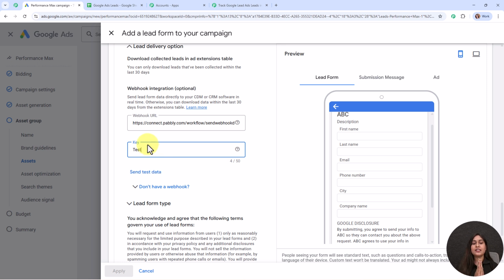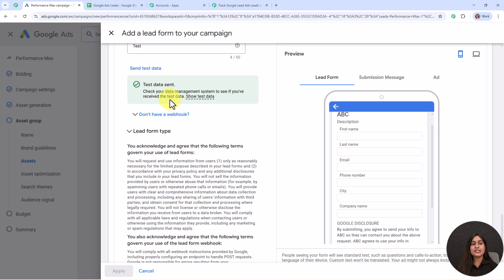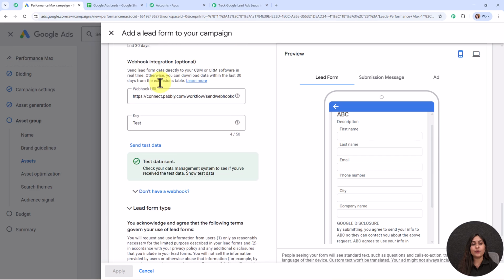And now here, after setting up the webhook, what I want is to receive a test response in my Pabbly workflow, that means on this webhook URL, to set up this entire automation. So now, to get the test detail, what we are going to do is click on the send test data button given over here, and it says test data sent. That means we have successfully sent a test response for all these fields on this webhook URL,